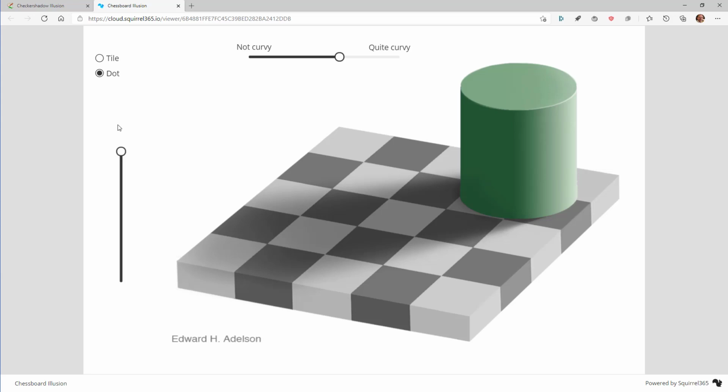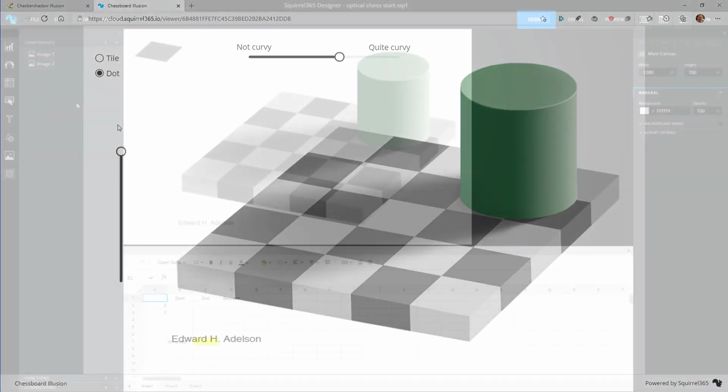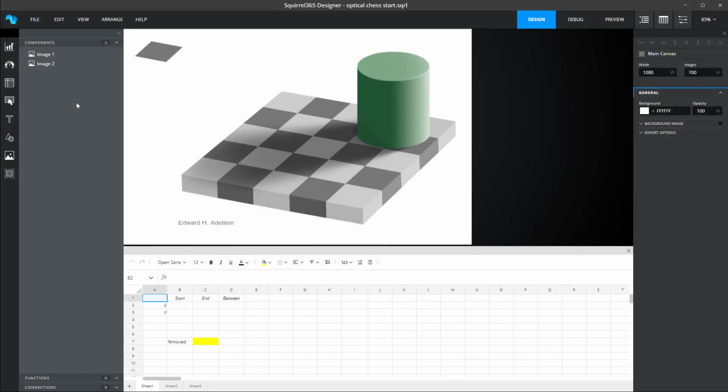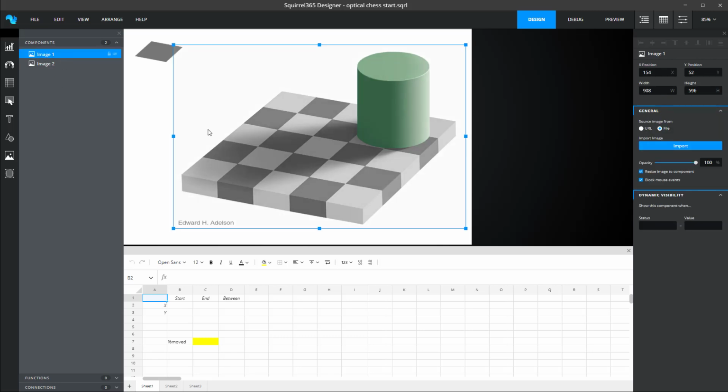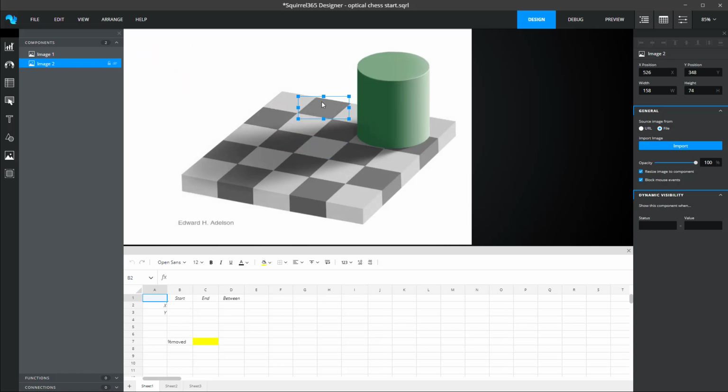What I want to do here is to explain where quadratics come in. To do all of this, I used a spreadsheet tool called Squirrel 365, which amongst many other things allows you to move things around based on spreadsheet logic. So what we have here are two images. Image 1 is the chessboard, image 2 is the tile we want to move from down here to up here